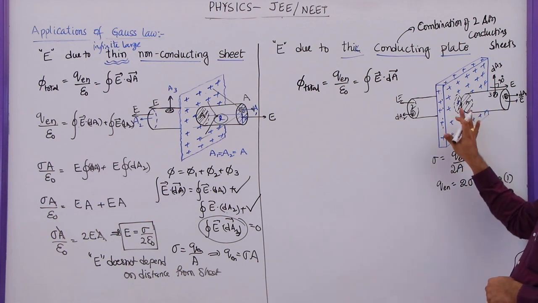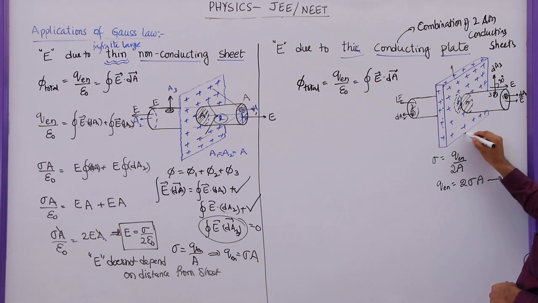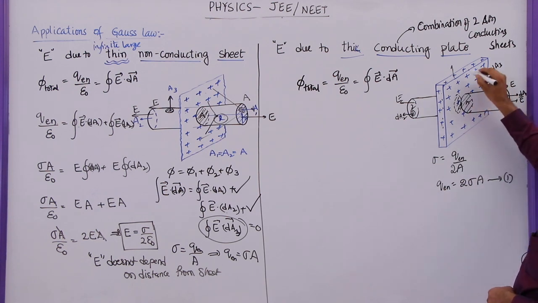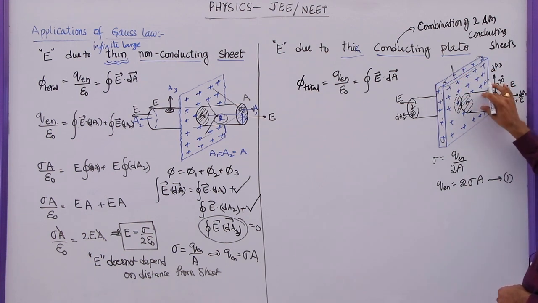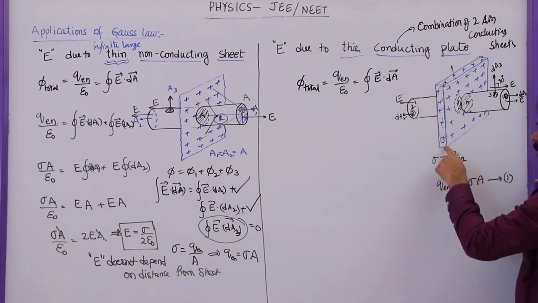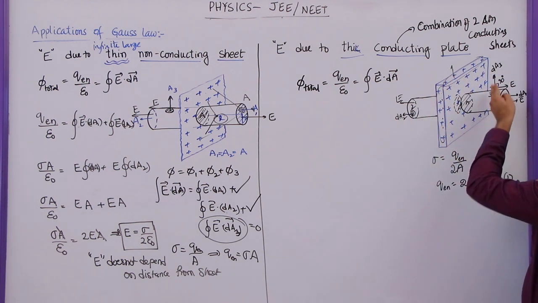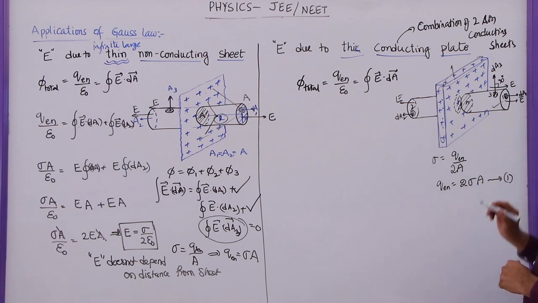Here the charge is spread on this side as well as that side. The electric field due to the bottom one is not going to penetrate to this one, so it is not enclosing the charges here. These are not enclosed by this cylindrical Gaussian surface. That's why I am not considering the charge on this width, the charge at the bottom, as well as the charge at the rear end. I am not considering those charges because they are not enclosed by this cylindrical Gaussian surface.